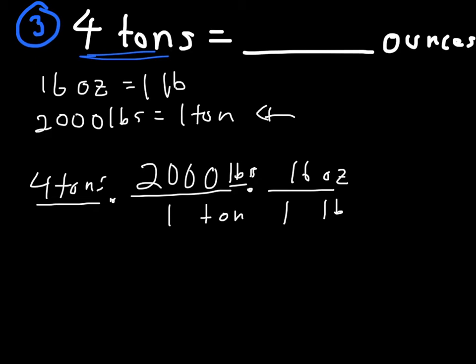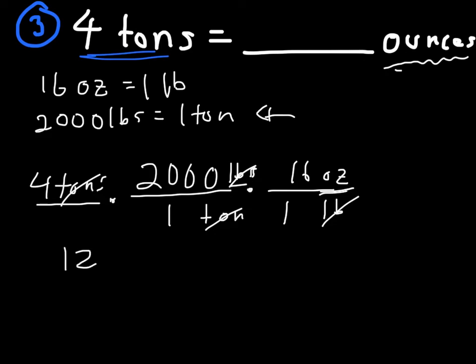Okay, just to double check our labels, we know our tons will cancel because one's on top and one's on the bottom. Our pounds will cancel, one's on top, one's on bottom. But our ounces will stay, and that is exactly what we want when we look at our top part here. So if we do the math, 4 times 2,000 times 16 right across the top will give us